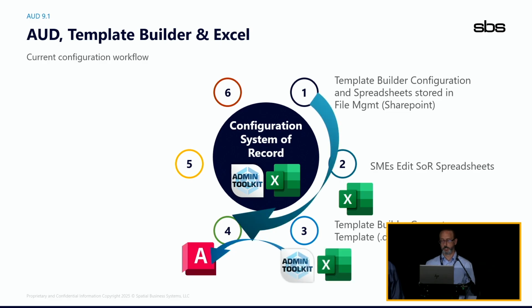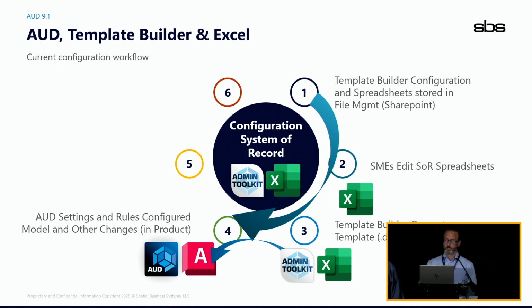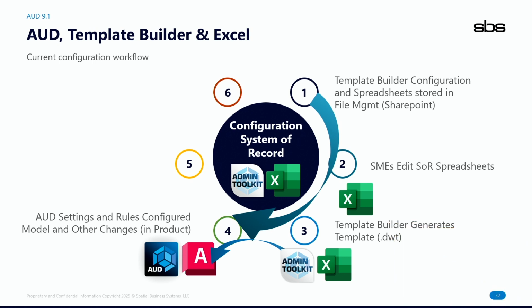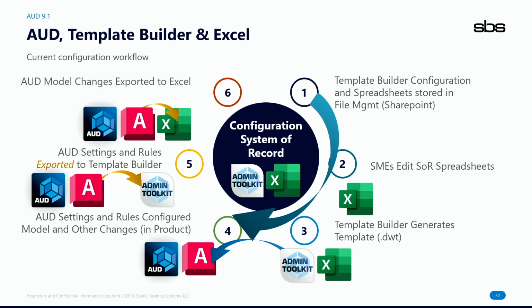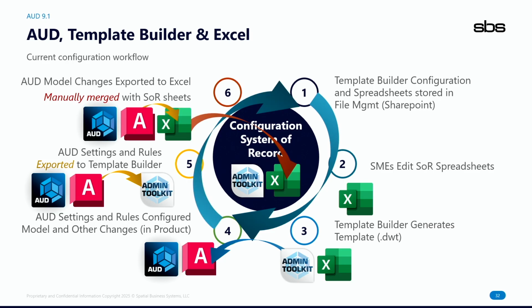The template builder will be used to create your DWT template. But after that point, you may need to make other changes in the product, changes that aren't made through the spreadsheets. That leads to a need to export those files out to your template builder image, as well as to export any other changes that may need to go into the spreadsheets,